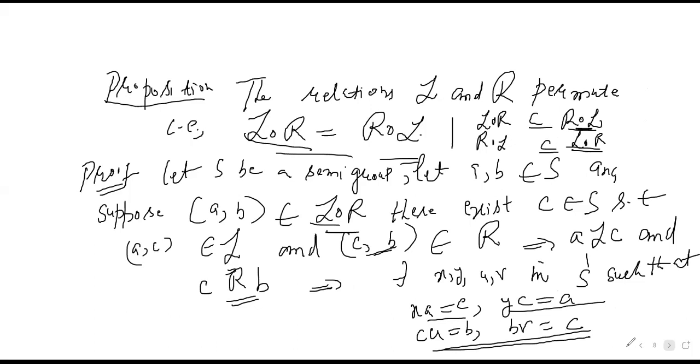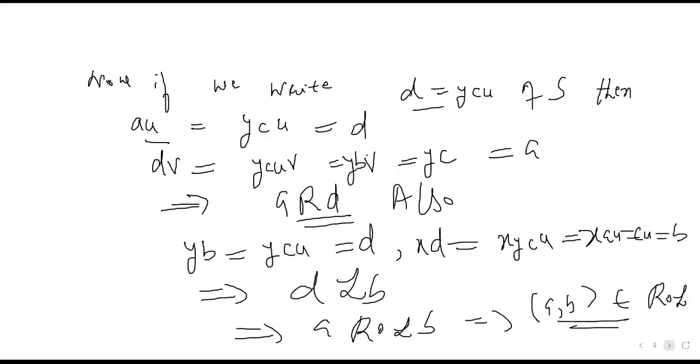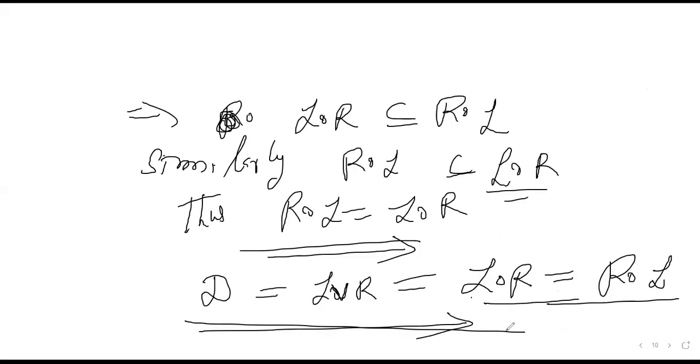We have defined L and R in terms of principal one-sided left, respectively principal one-sided right ideals. And if we define a relation in terms of principal two-sided ideals, that equivalence we call as the equivalence J. Now so far अभी तक हमने चार equivalences define किए हैं, L, R,